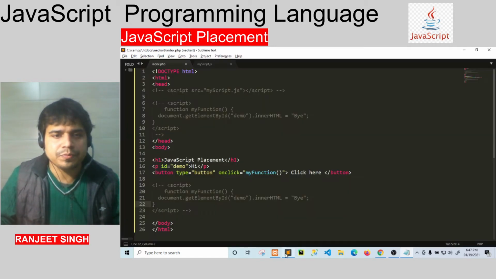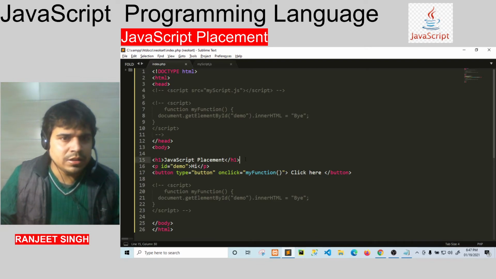Now this is our code, right? Basically this is a body, so we take a heading and a paragraph. Here we take an id, demo, and this is a simple button. The type is button, right? On click event, we are calling my function, and "click here" is simple text.